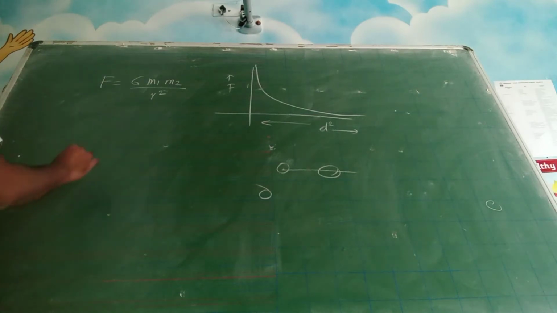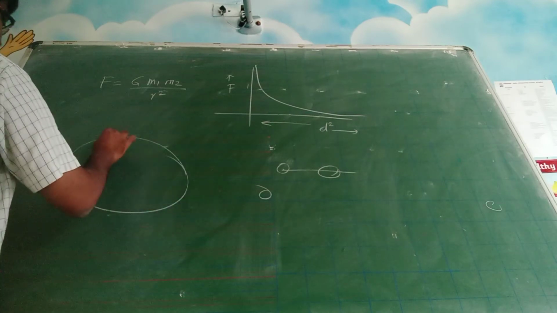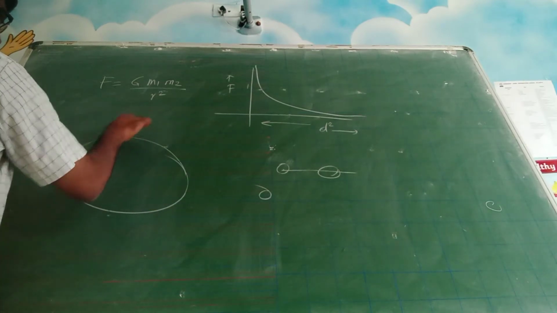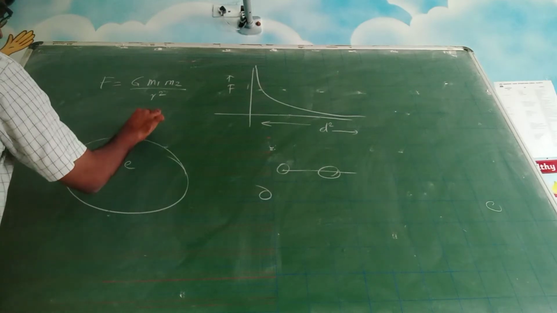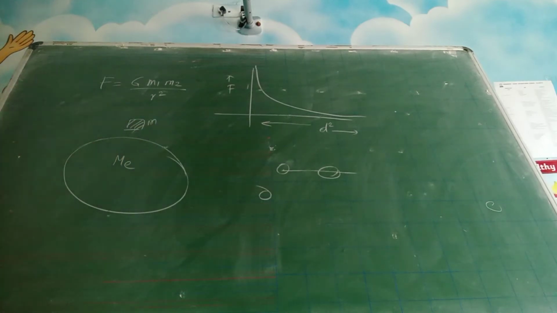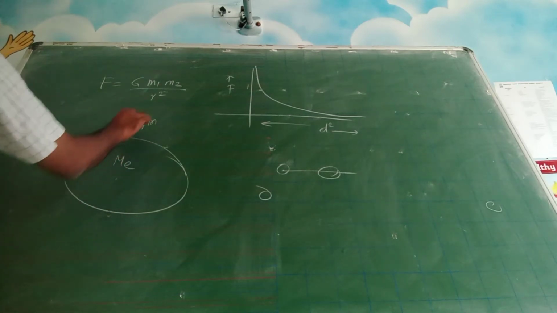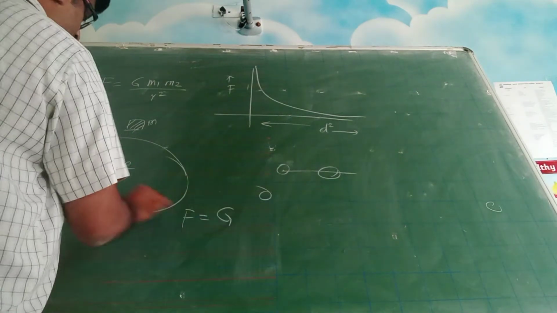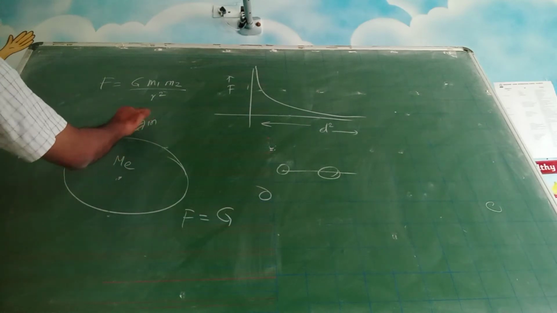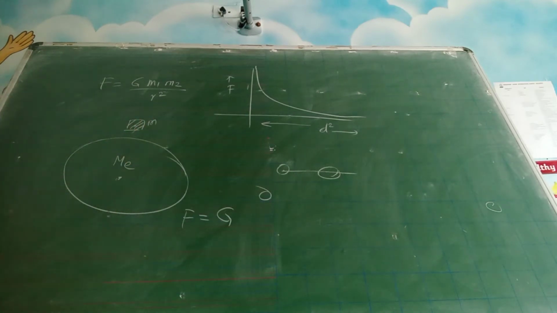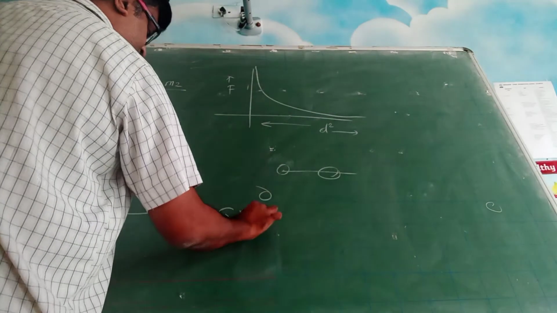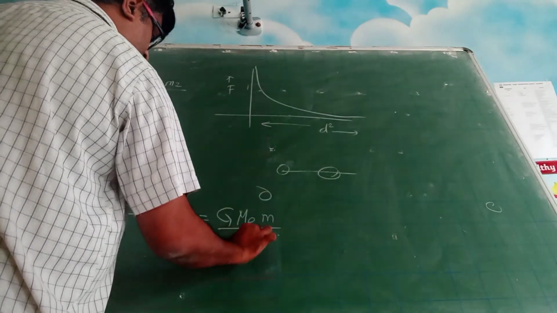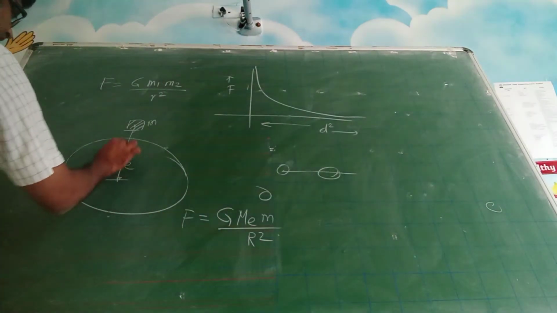Now let us say this is our mother earth and there is an object here. Mother earth's mass is M_E, this fellow's mass is m. It can be a person or it can be an object. So obviously these two will have a gravitational force. That gravitational force is given by G into, you have to join the center of the earth to the center of that person or object, center of mass. So it will be acting in that direction. It will be G M_E m by r square, where r is the radius of the earth.